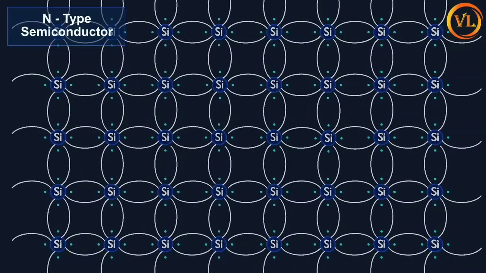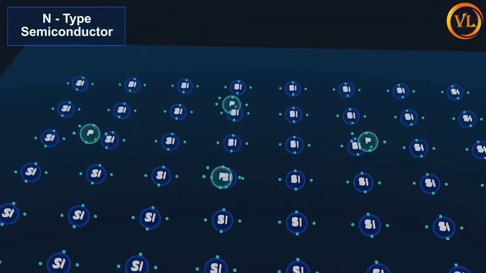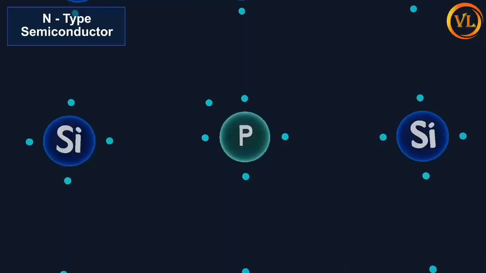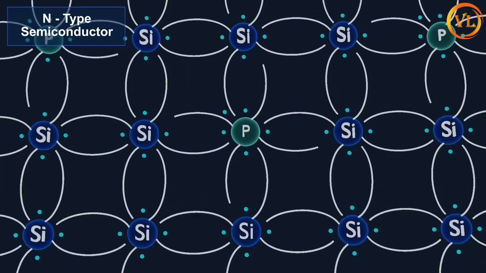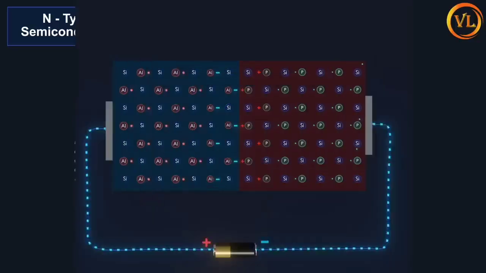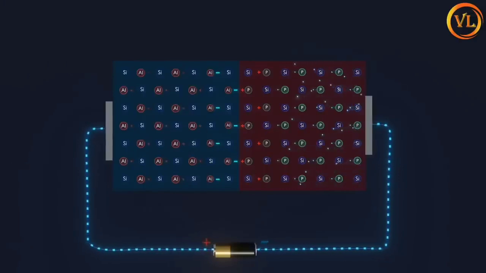The net negative charge at the p side prevents the further flow of free electrons crossing from the n side to the p side, because the negative charge present at the p side of the p-n junction repels the free electrons. Similarly, the net positive charge at the n side of the p-n junction prevents the further flow of holes crossing from the p side to the n side. Hence, the positive charge at the n side and the negative charge at the p side of the p-n junction act as a barrier between the p-type and n-type semiconductor.